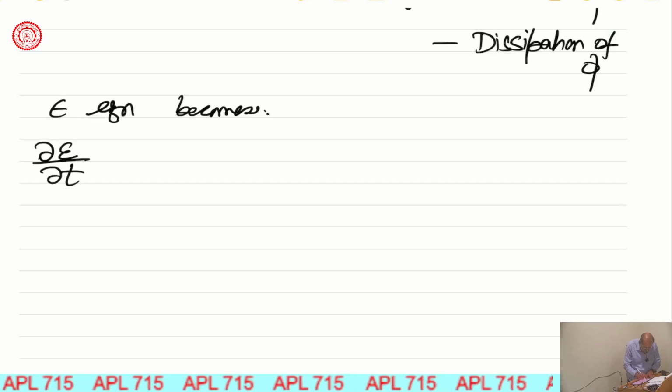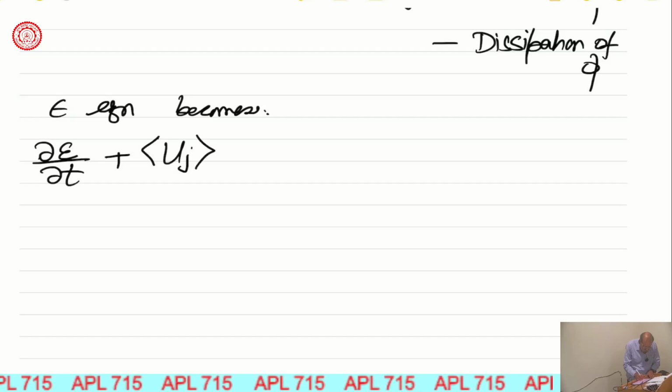partial epsilon by partial t plus mean of u_j